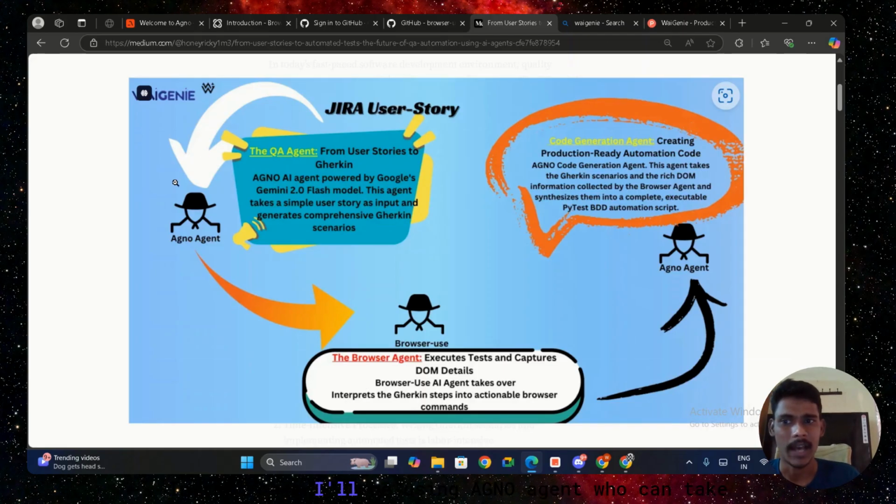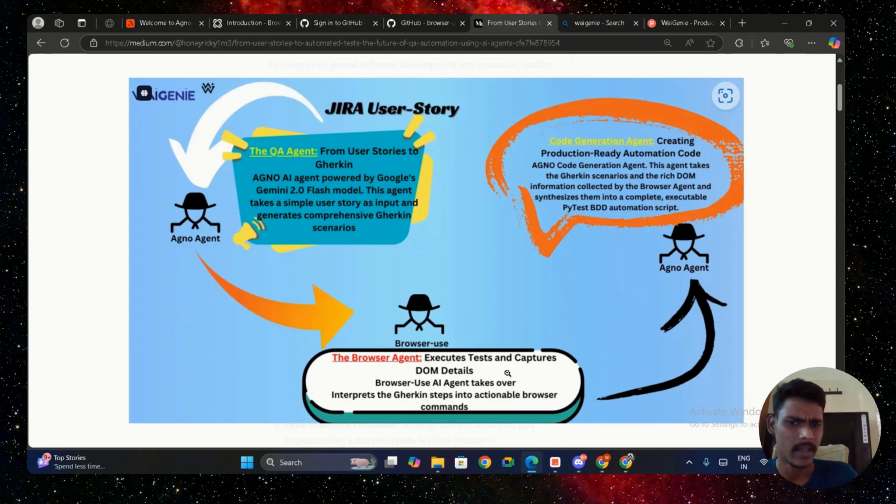In that case, I'll be using an AGNO agent which can take input as a user story and convert it into Gherkin scenarios. This is the step for the first agent, and we'll make use of a browser use agent, which can take all these Gherkin scenarios and execute each scenario one by one in a browser instance and capture the DOM details for every